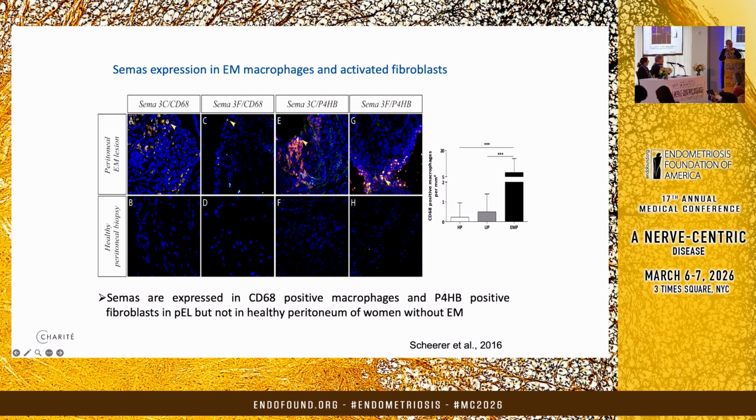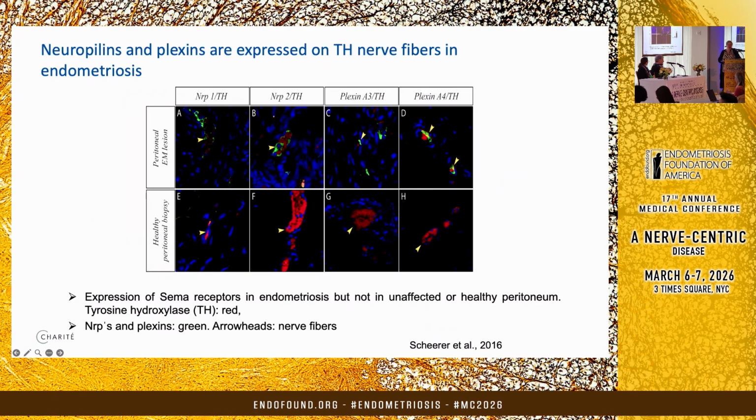When I saw that, I was a little bit upset because we looked for these activated fibroblasts 10 years ago, but I had no staff, no manpower to go on with it. So others did it. But here, the activated fibroblasts are positive for semaphorin. So that is interesting. I think they have a key role also in the problem of endometriosis.